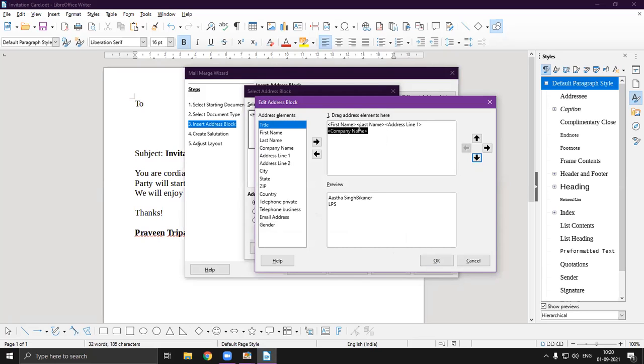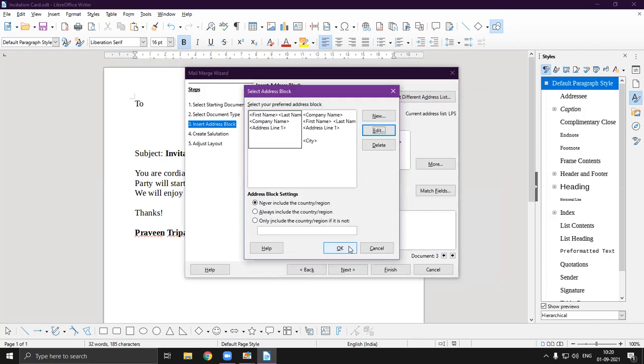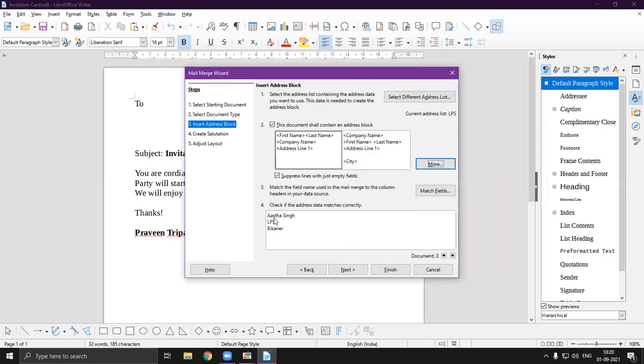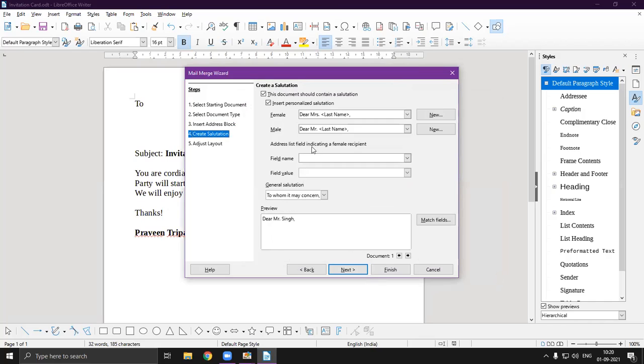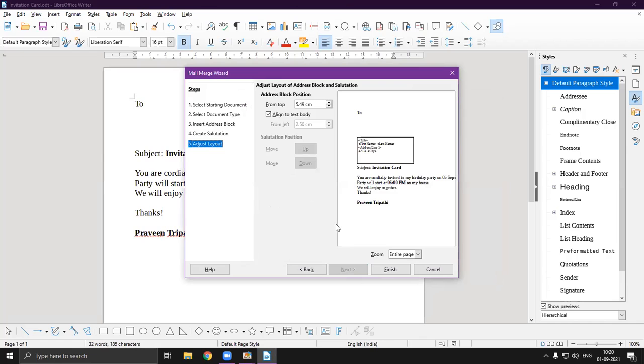चाहता हूँ। तो ऐसे लिखाएगा आस्था सिंह ऑफ एलपीएस, और एड्रेस लाइन को मैं और भी नीचे करना चाहता हूं, जस्ट लाइक दैट। तो अब ये कैसे लिखाएगा, आस्था सिंह एलपीएस बीकानेर। यहाँ पर मैंने इसको ओके किया, फिर वहां पर मैंने इसको वापस ओके किया। नाउ यू कैन सी दैट आस्था सिंह एलपीएस बीकानेर ऐसे कुछ लिखा हुआ आएगा। यहाँ पर मैं अब नेक्स्ट करूंगा। नेक्स्ट में यहाँ पर ये मुझसे पूछ रहा है कि क्या आप इसको सैल्यूटेशन देना चाहते हैं, तो सैल्यूटेशन मैं अभी यहाँ के लिए नहीं दे रहा हूँ, ठीक है। तो मैं इसको यहाँ पर अनटिक ही कर देता हूँ, एंड देन नेक्स्ट। यस, यहाँ पर ये मेरे से लेआउट मांग रहा है कि